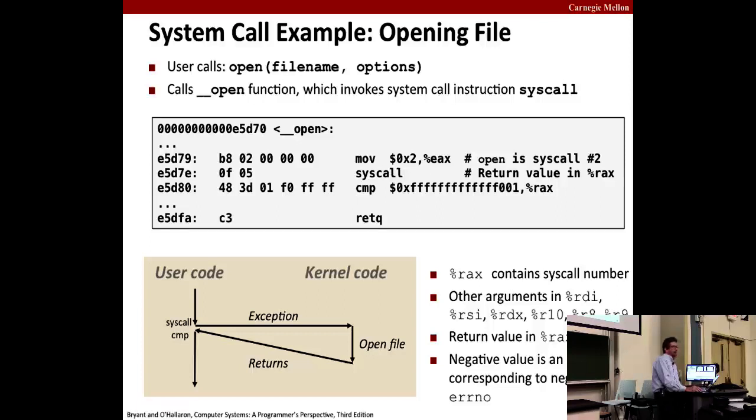If it's a negative number, then that means some error occurred. If it's a positive number, then that means that no error occurred. So in this case, in open, it's returning a small integer called a file descriptor, which you can then use in subsequent calls to read and write. And then you can see the code is checking for this negative return value, and there's a whole series of these compares.